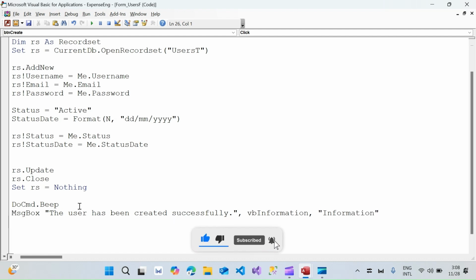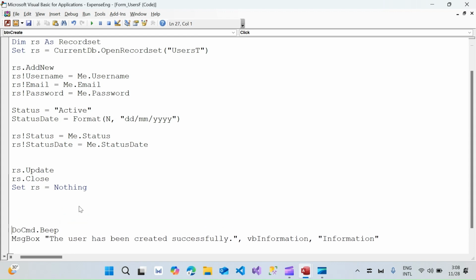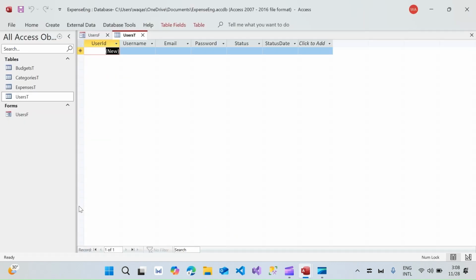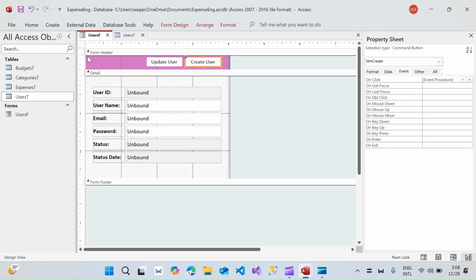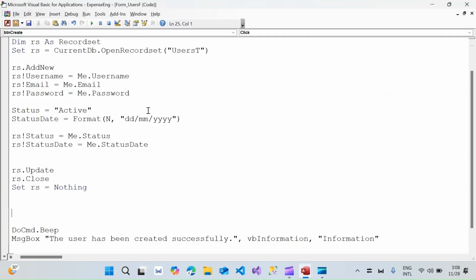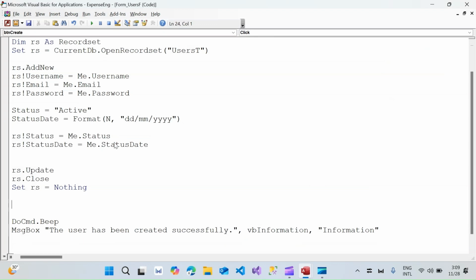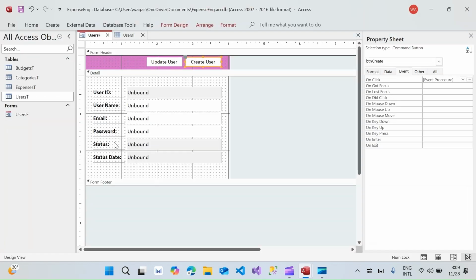Then, before I exit, one very important thing I'm going to do is this: when we create a new record, the user ID will be created and stored in the database, but it won't be reflected on the form unless we close and reopen the form. It would be a great idea to populate the user ID immediately the moment it is saved. To do that, we will use the DMax function. So Me.userID